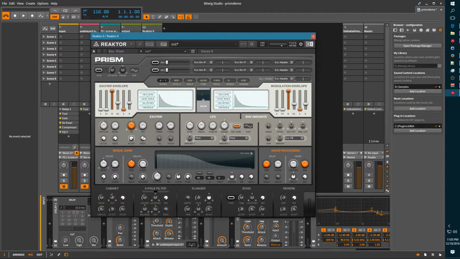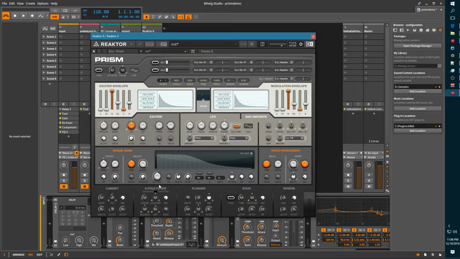But right now, if you're not familiar with Prism, I should say first that the way it works is you have an exciter section here, which generates some very basic sounds for the most part. That goes into your modal bank, which is basically a big array of resonating bandpass filters. And then that goes into some other stuff, these effects. There's a feedback loop, things like that. So where you really get the sound is in this modal bank section, but first we need to understand what's